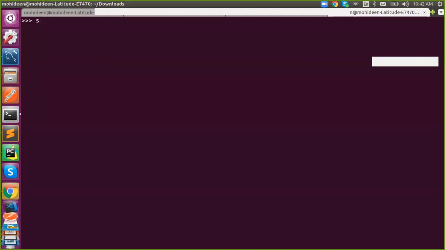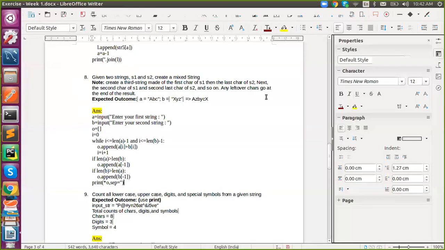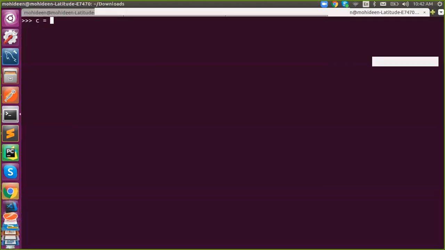So you all know S1 is A1 and S2 is B. So what you have to do is merge based on an index. That's it. We need to create a new string, say C. You need to say for index in len of anything, either one.